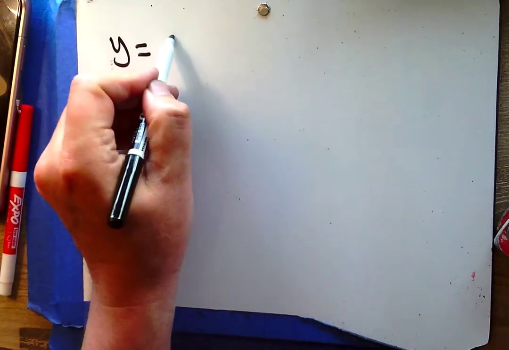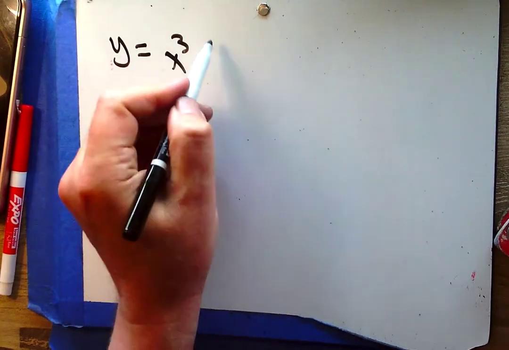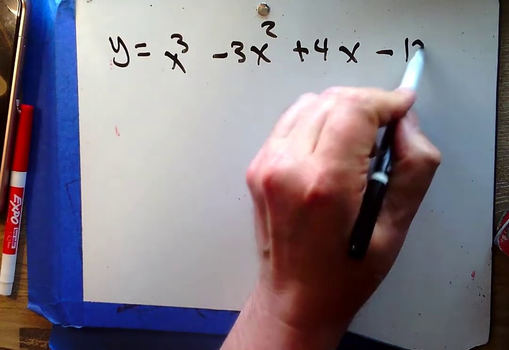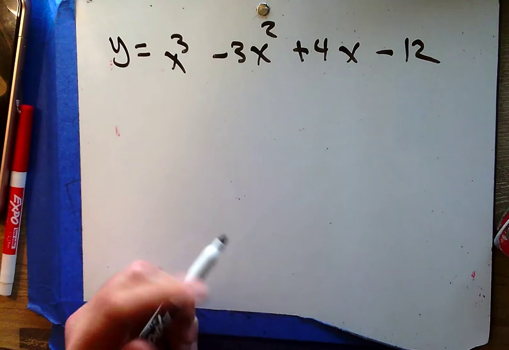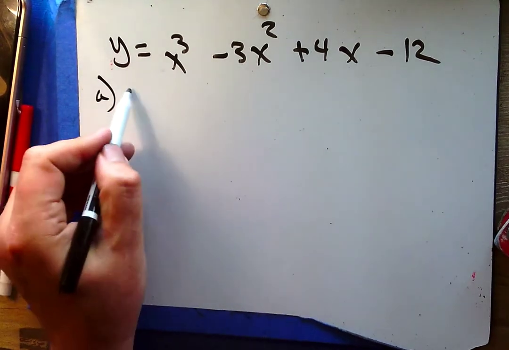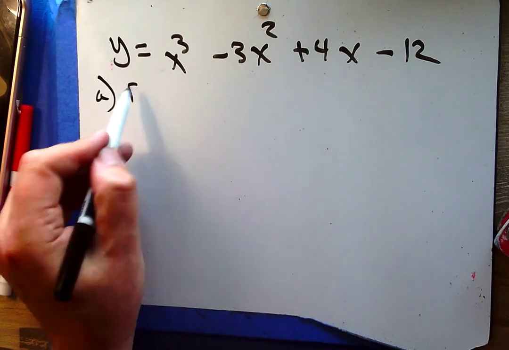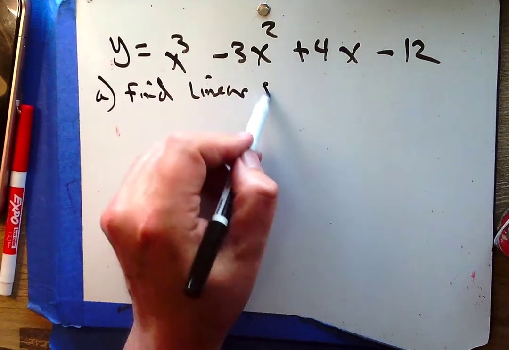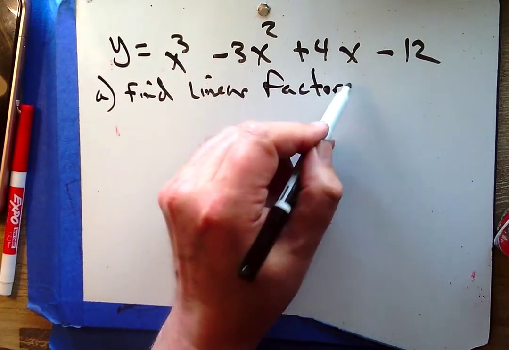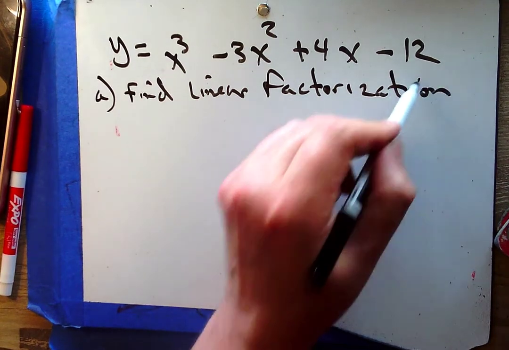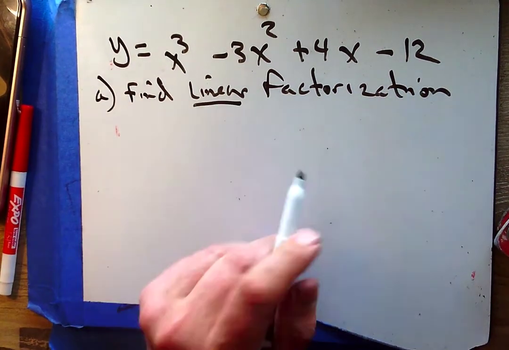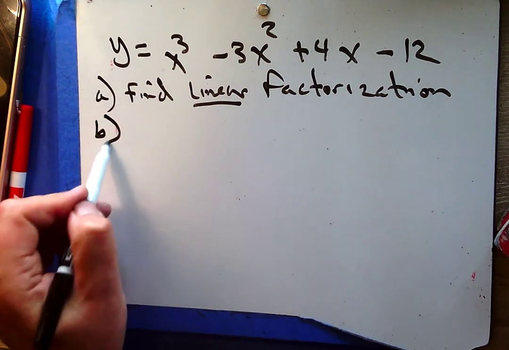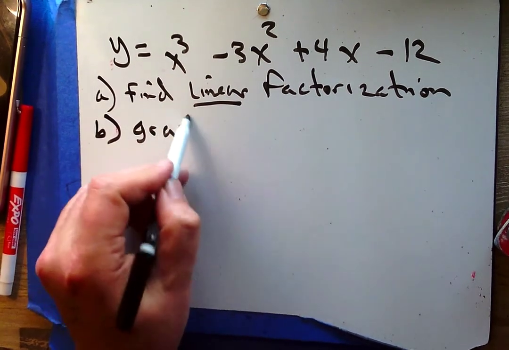Y equals x to the third minus 3x squared plus 4x minus 12. So will you A, find the complete linear factorization of this function, and that just means write it so that all the factors are linear factors, and B, graph the function. Okay,